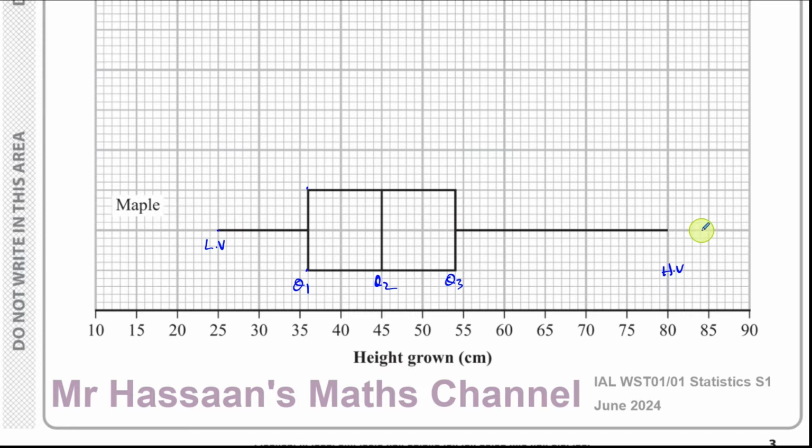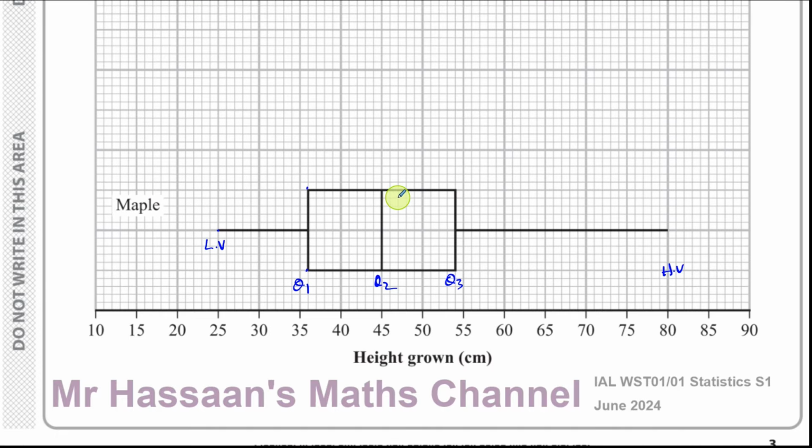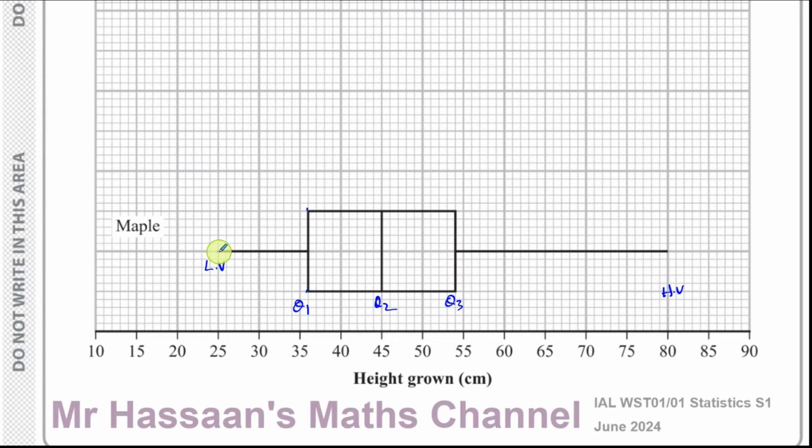And if there's any outliers, they are marked outside these things. Sometimes this line will take you to the limit for the outliers. In this case, I think if we look at this, it has taken us from 25 to 80. What they've drawn is not to the limits of the outliers, but to the actual lowest and highest values. Sometimes a box plot can go up to the limit for the outliers. Sometimes it takes you to the lowest value and the highest value, and then they mark outliers with crosses